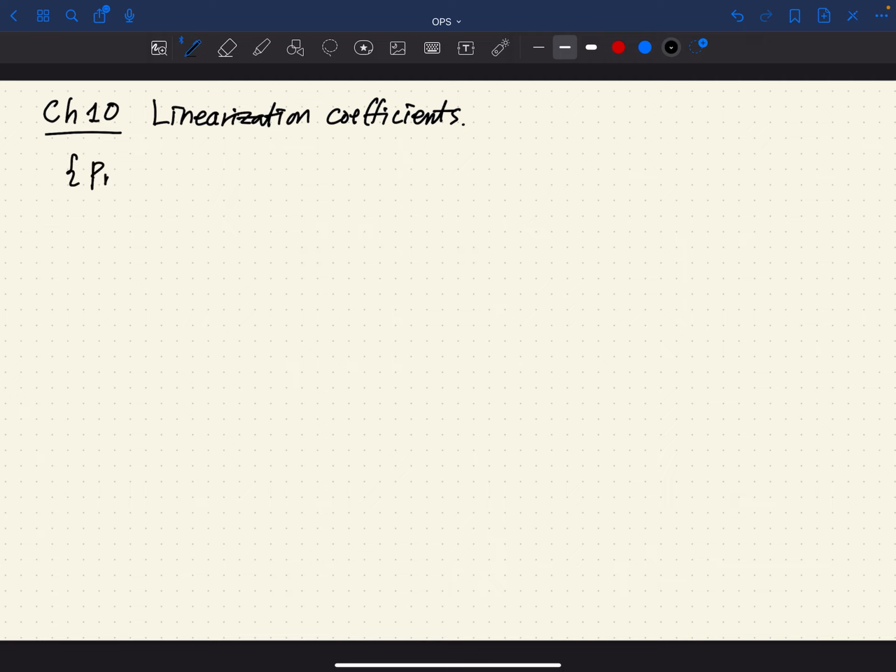As usual, let's suppose that we have a monic OPS with linear functional L. So they are orthogonal with respect to this linear functional, and so in particular they form a